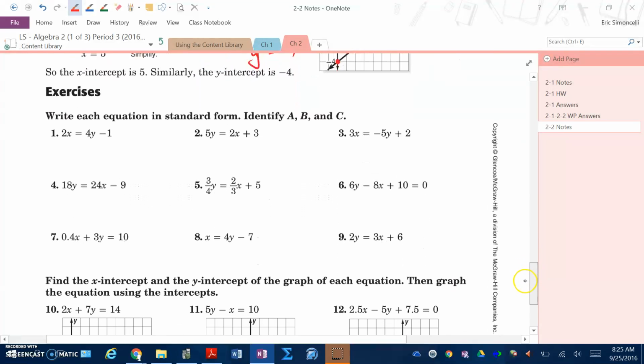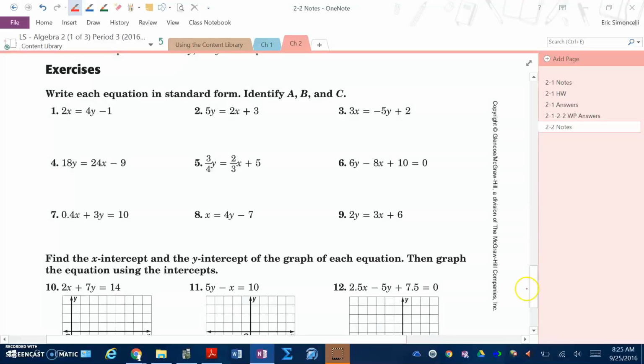Exercises. Write each equation in standard form. Identify A, B, and C. So for problem number 1, we see that 2x equals 4y minus 1. We can subtract 4y from both sides. I will write it so that Ax is first, then By, and then on the other side, of course,